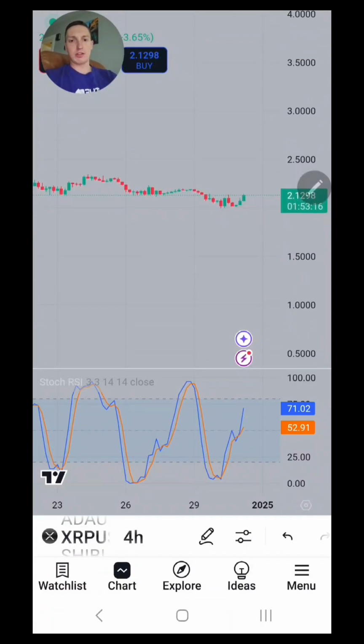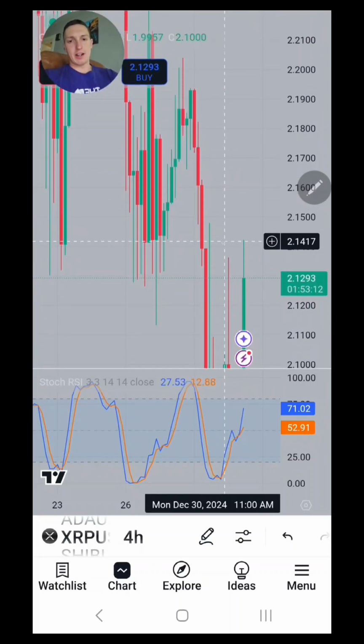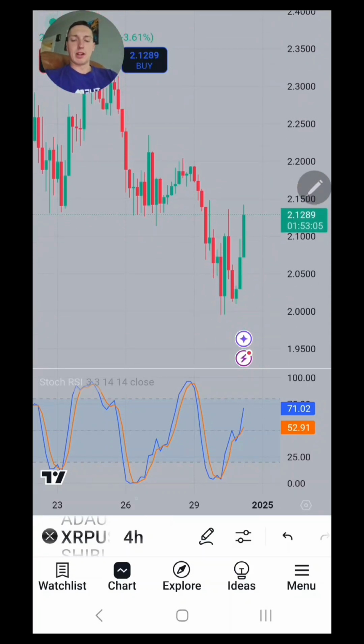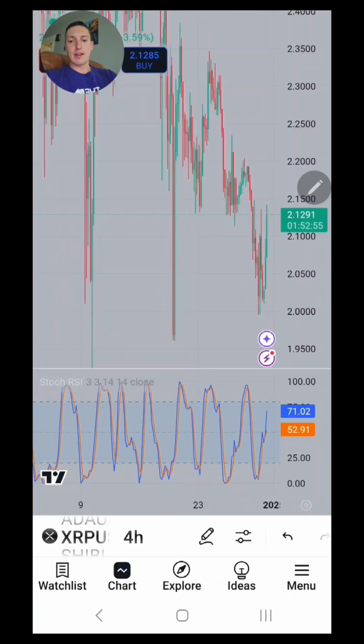This will make it smaller, this will make it bigger. So if you want to really zoom in on something and try to find an exact price or whatever, then you can scroll that up or you can scroll it down. Your time, your date, I don't know what I should call this, but down here on the bottom, you have this little bar and you can scroll this left or right